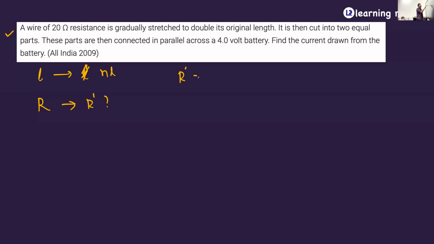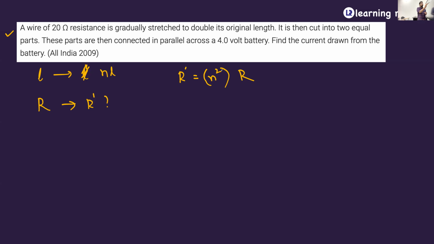R dash will be equal to how many times R? It will be NR, no, but the answer will be N square R. Can you give me the logic for it? It will be N square R because